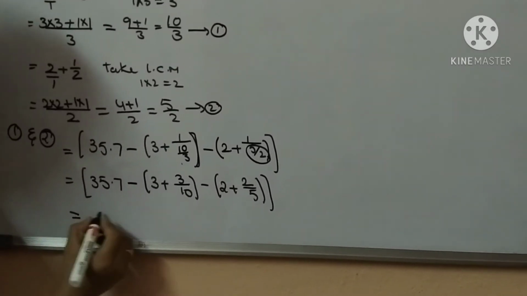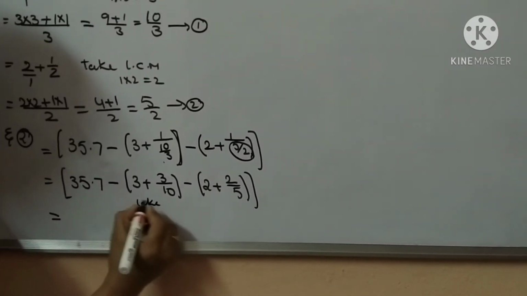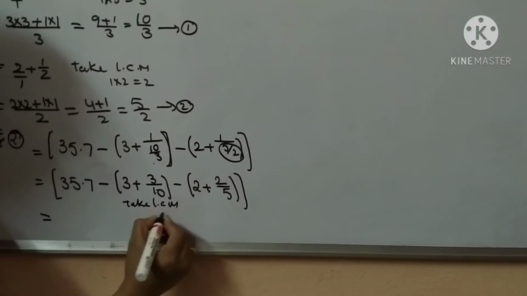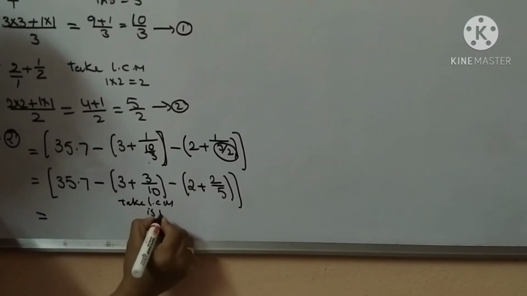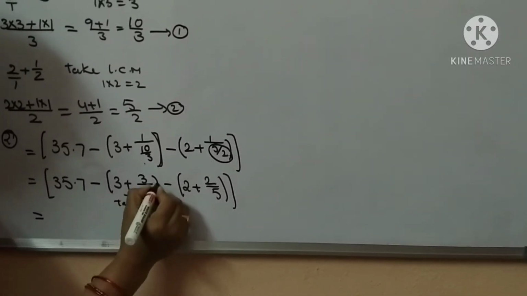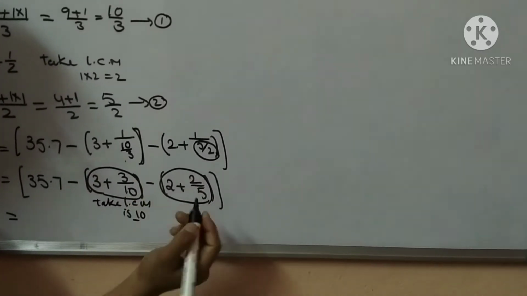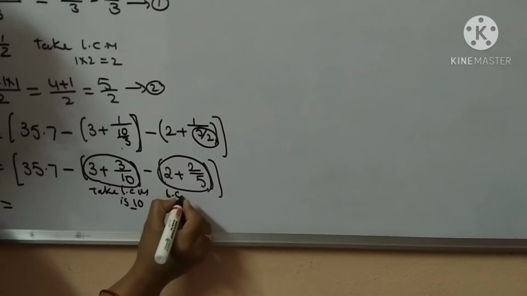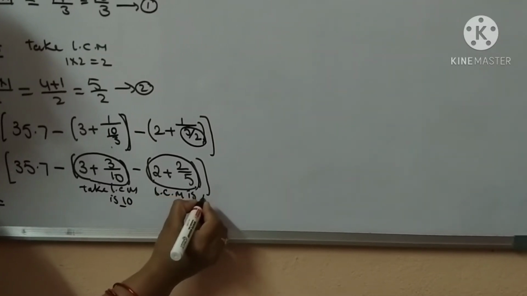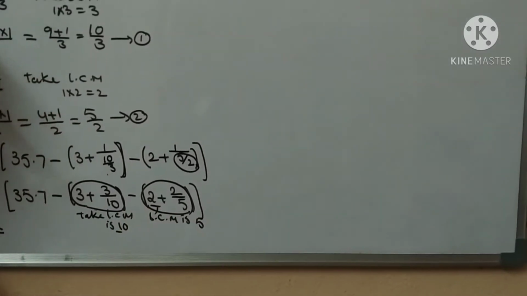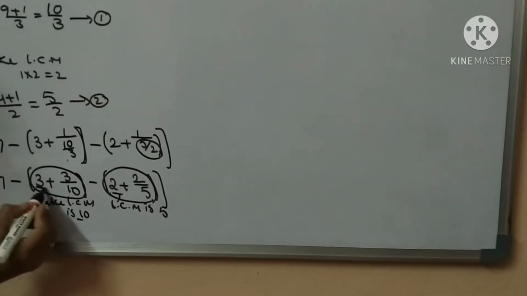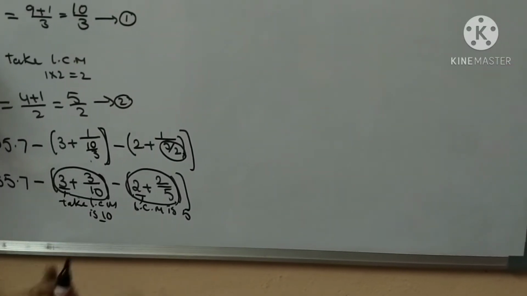Here take the LCM. LCM is 10 here. In this term the LCM is 10, and in this term the LCM is 5. LCM is 5 because the denominator is 1, 1 into 5, 5. Here also the same, denominator 1 into 10, 10. So